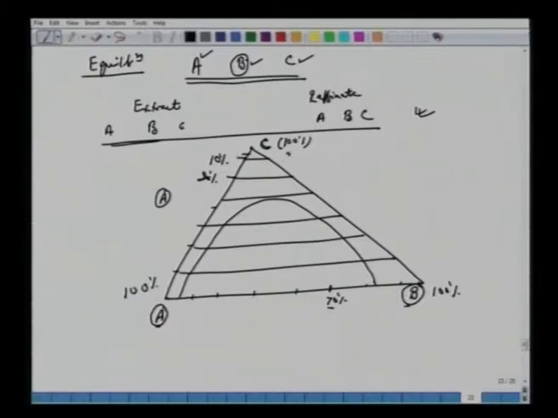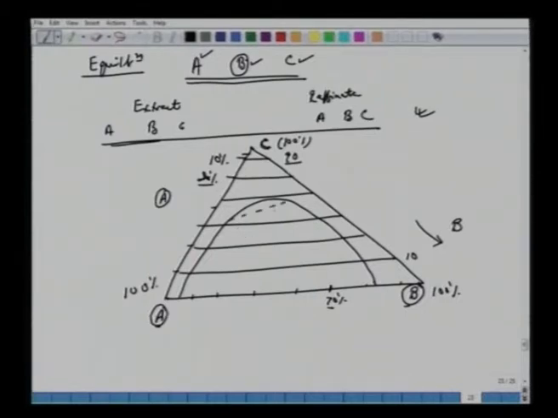Similarly, some levels here. So let's say this is 90 here. Let's say this is 10 here. So C increases in this direction, so it's 10, 20, 30, then we have 90, then we have 100, and B increases in this direction. Okay, so not necessarily in the graph, one has to understand in which directions A, B, and C increase, or what these numbers reflect here. So first thing is this, and then on this graph also you will have tie lines.